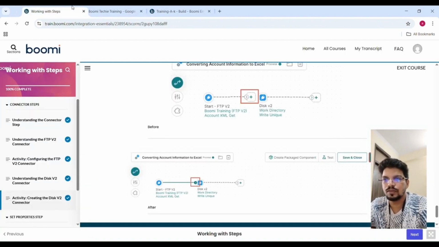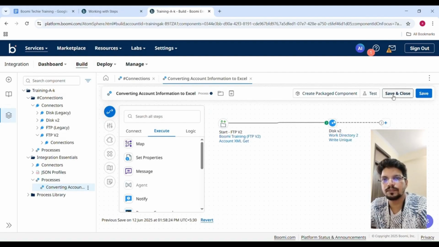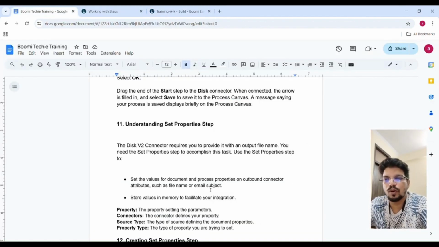अभी सेव कर लेंगे। सेट प्रॉपर्टी क्या होता है, सेट प्रॉपर्टी स्टेप में हम जो भी वेरिएबल है उसको हम सेट कर सकते हैं और फिर उस वेरिएबल को किसी और एप्लीकेशन में, किसी और स्टेप में या किसी और प्रोसेस में रिकॉल कर सकते हैं, ठीक है। जस्ट लाइक अ वेरिएबल, जैसे हम प्रोग्रामिंग में एक वेरिएबल क्रिएट करते हैं फिर हम उसको रिकॉल करते हैं मेनी टाइम, ऐसे ही इसमें सेट प्रॉपर्टी है। सेट प्रॉपर्टी स्टेप में हम प्रॉपर्टी को सेट करते हैं और फिर हम उसको रिकॉल कर सकते हैं।